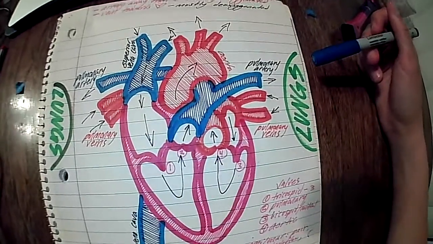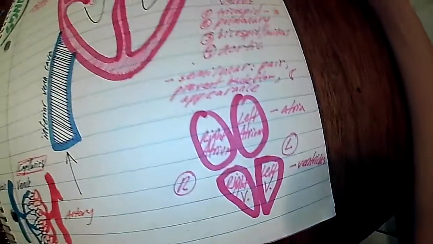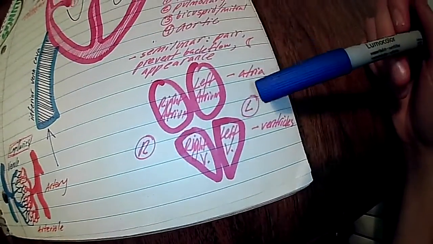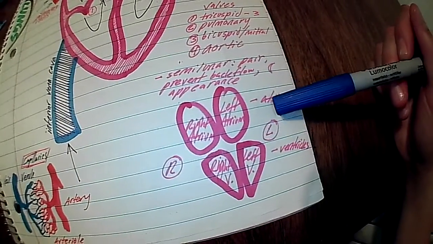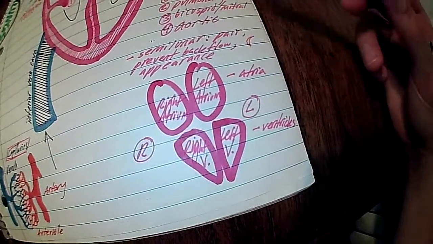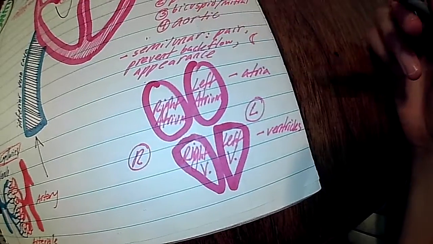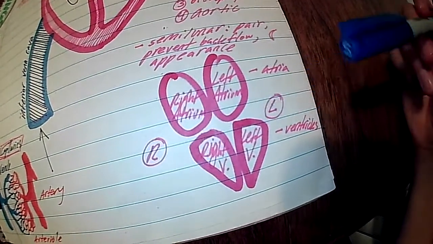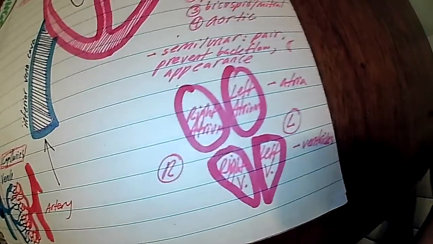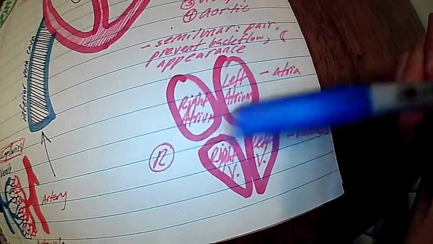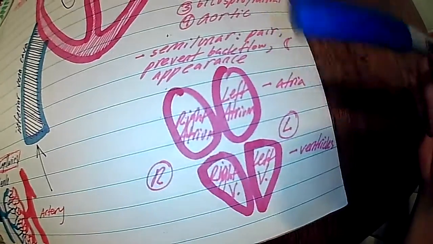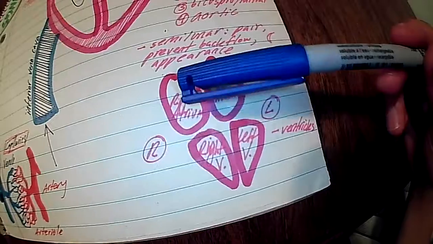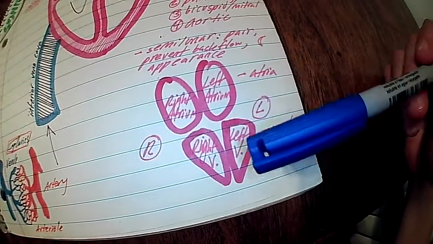So here's our big heart and our small heart. The reason why I draw my small heart down here is to show the atrium and the ventricles. Just a reminder, when we're looking at the heart spot on, it's a reversal of what we consider the right and the left because it's flipped when it's in our chest. So your right is going to be on your left side and your left is going to be on your right side. So we have the atria on the top, which is your right atrium, left atrium,